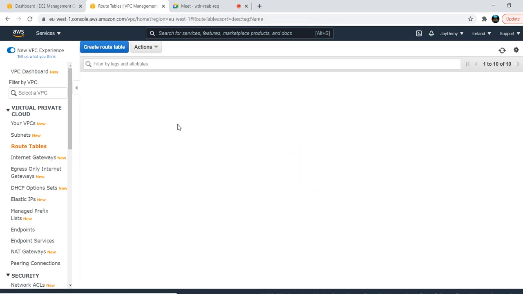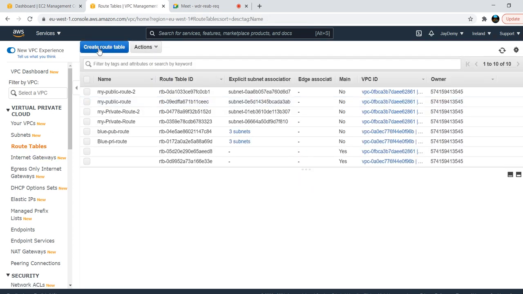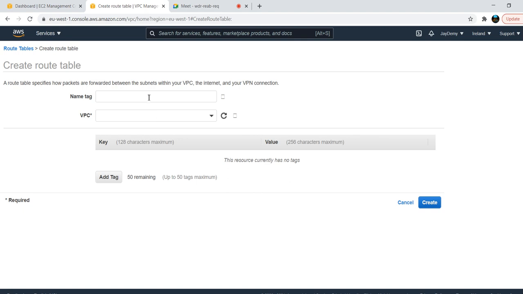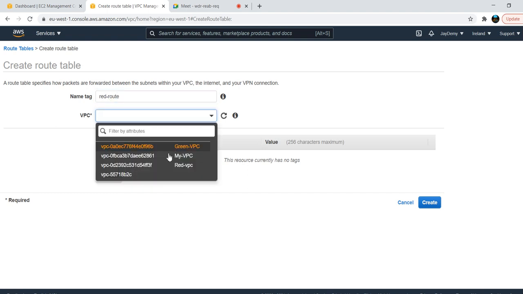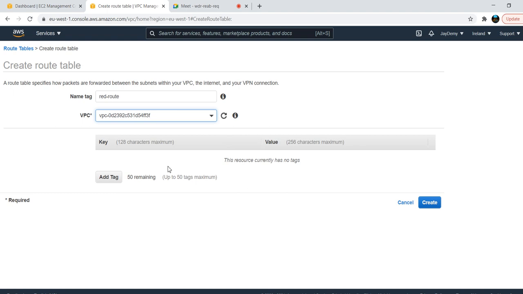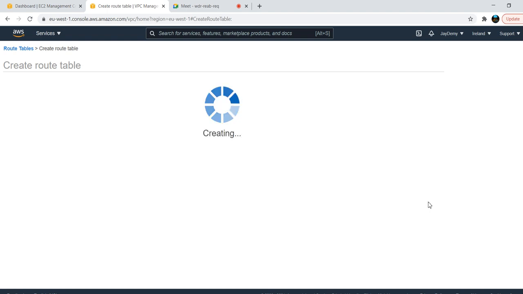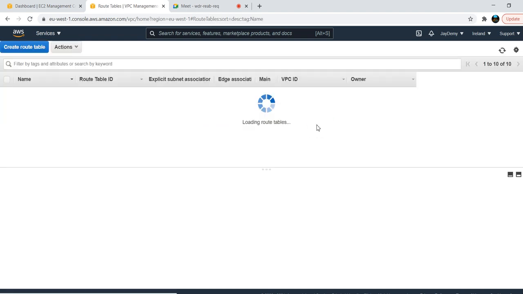Now we need to create a routing table for the routes. Create a routing table and give it a name, red route, and we need to choose the red VPC only, and create this. Now we have created it.